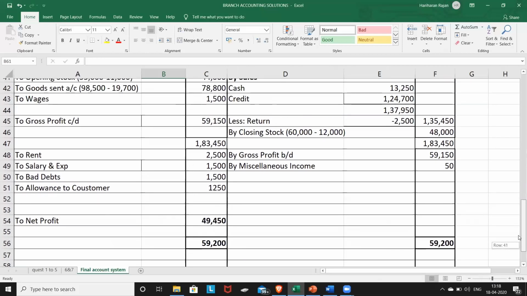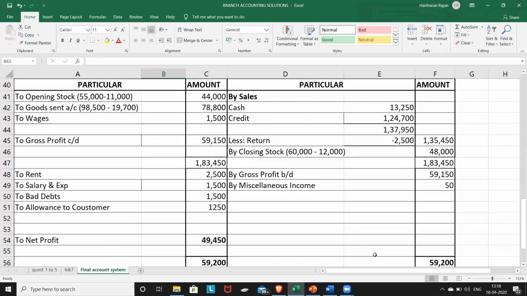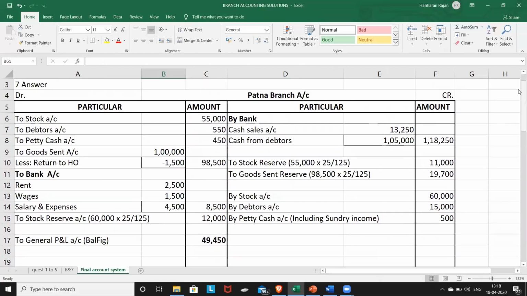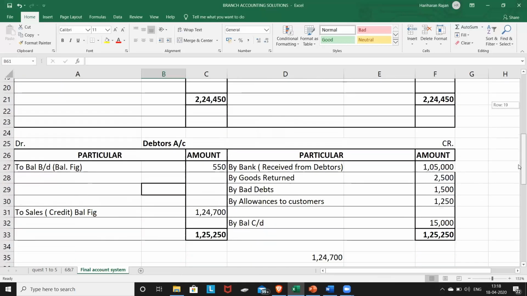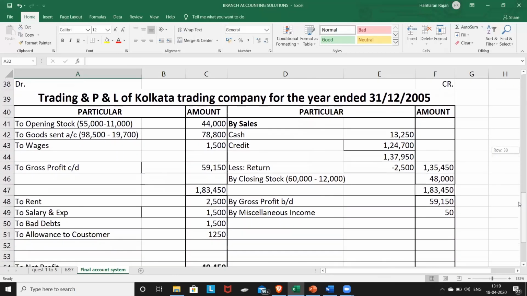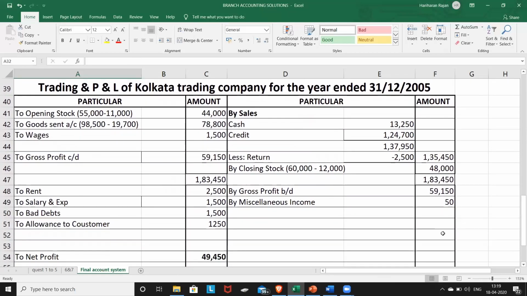So see here very carefully. We have got 49,450, a profit which was made from Patna branch. And if you see the branch account, we will have the same profit of 49,450. So we prepared branch account to know what is the effect of individual branch. Then we prepared debtors to know opening or closing. Both the information was given, and I was able to identify the difference was credit sales, because it has been given for the debtors. Obviously it will be credit sales. Now please focus here, understand this.